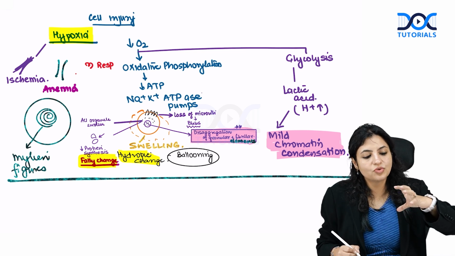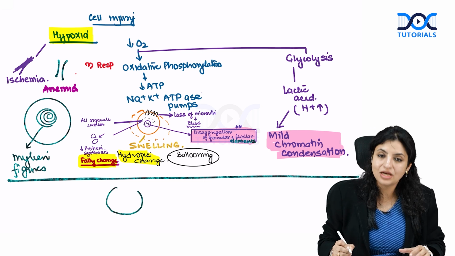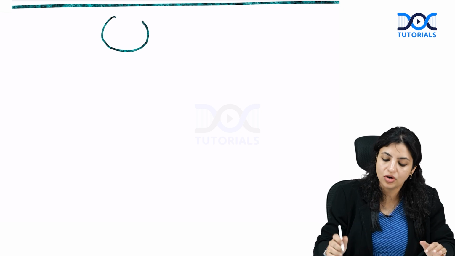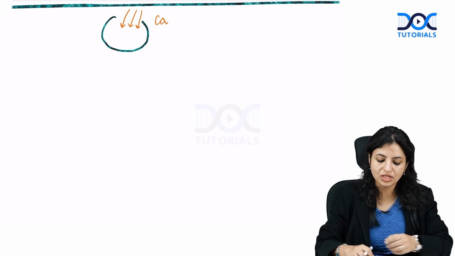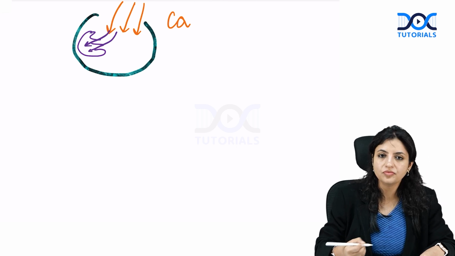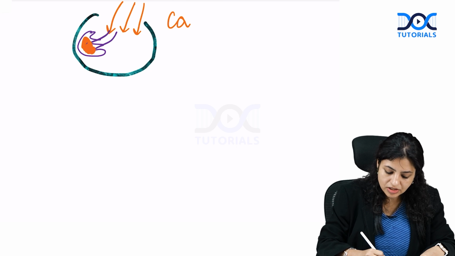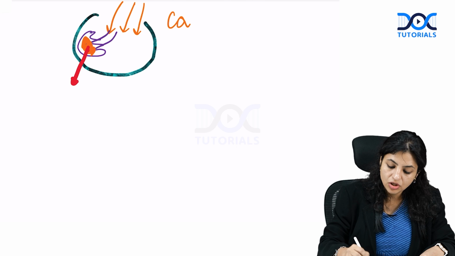Why? See, when the cell is swelling, one time will come when the cell membrane will get ruptured. Once your cell membrane gets ruptured, that's it, gone. Now all the calcium from outside will start coming into the cell. As soon as the calcium comes into the cell, the organelle which will try to protect you is your mitochondria. It will try to take all the calcium within it. But after a point of time, when so much calcium is coming inside the mitochondria, this will lead to formation of